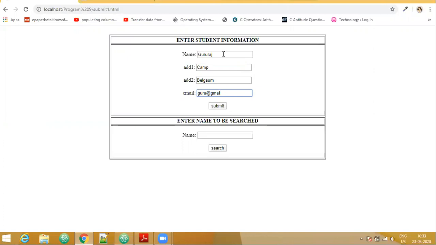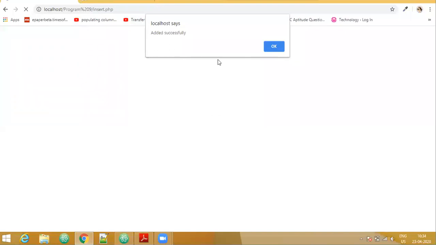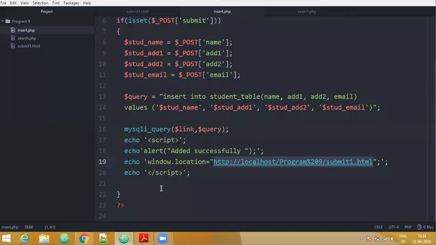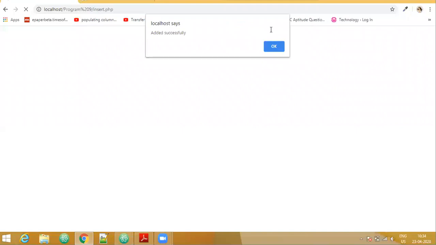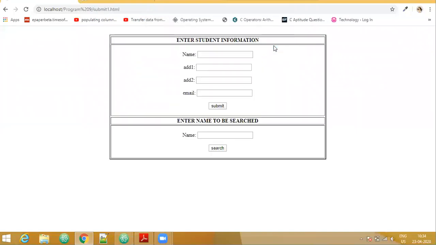So even if you insert any random values, it will still be stored in the database. Even if you leave a particular column blank, it is still going to insert into the database. So now we say submit. So this is that alert prompt that we are getting, which we have specified here. Alert added successfully. So this is the particular prompt. So when I click OK, again I am getting redirected to my form which was originally displayed.